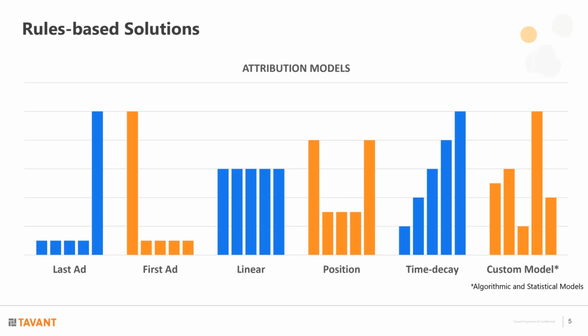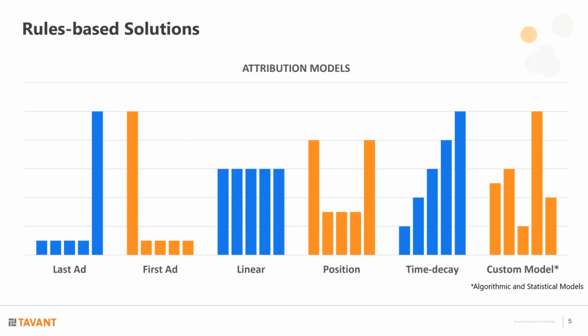So as we all know, in order for a conversion to happen, a multitude of touch points are needed. So the next three models look at distributing the score across these various touch points. The linear, as depicted, gives equal credit to each of the touch points. The position-based gives the maximum to the first and last, and then distributes the score evenly across the rest of them. And finally, time decay is sort of temporal in the sense that it looks at the last touch points and gives it the maximum, and then sort of descends based on the temporal interaction.